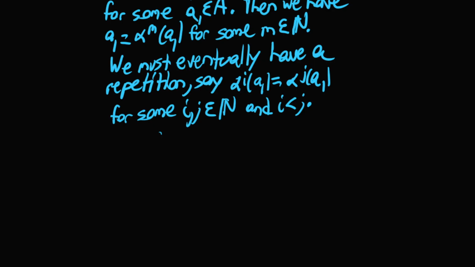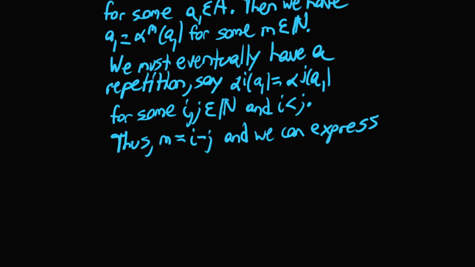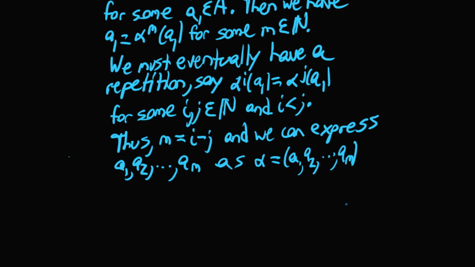So thus m equals j minus i, and we can express the sequence A1, A2, so on and so forth up to Am as alpha equals (A1, A2, so on and so forth up to Am), then we'll put 3 additional dots here at the end